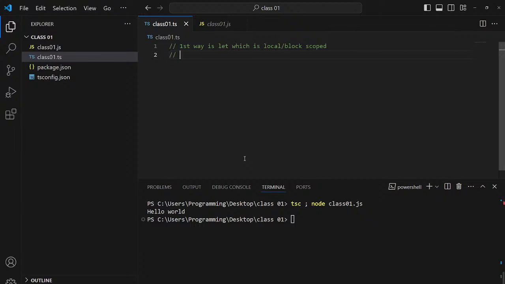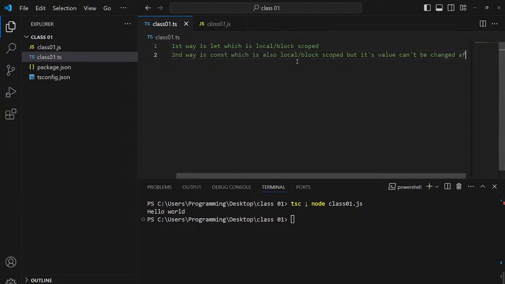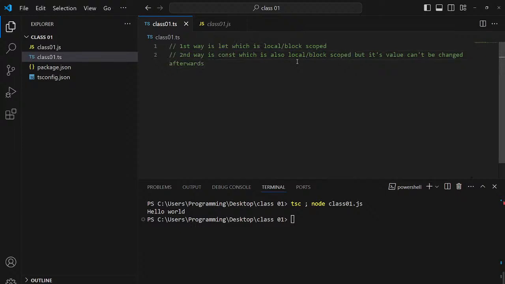The second way is const, which is also local or block scope, but its value cannot be changed afterwards.